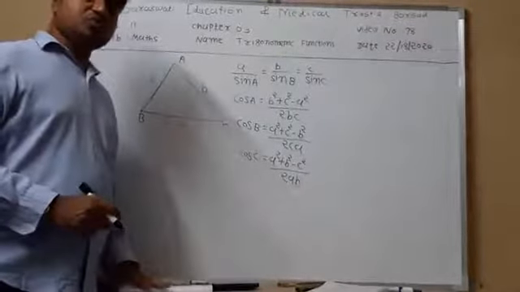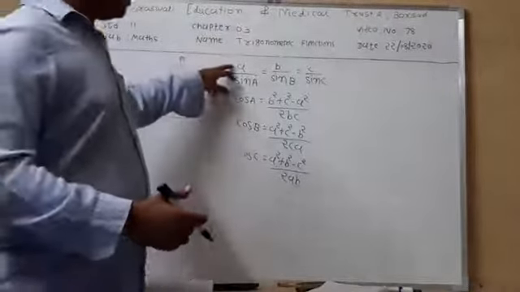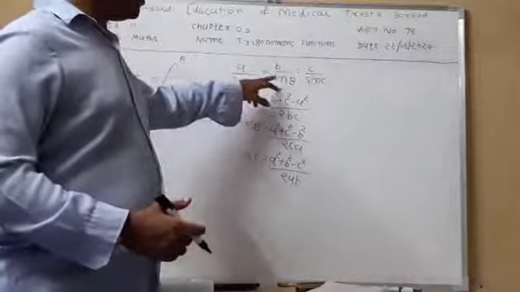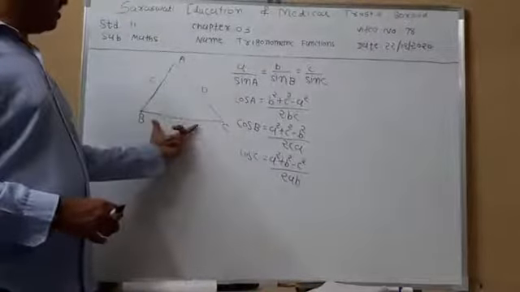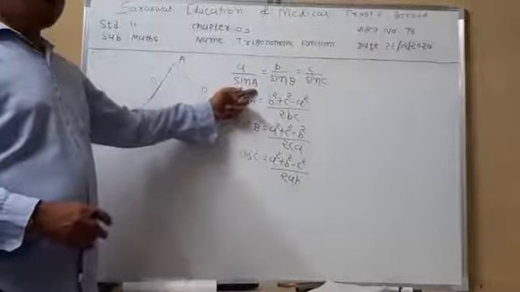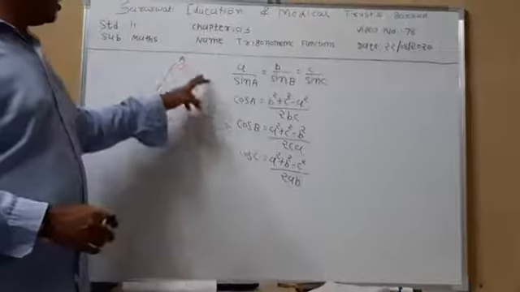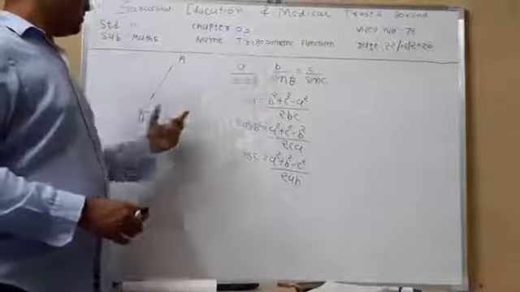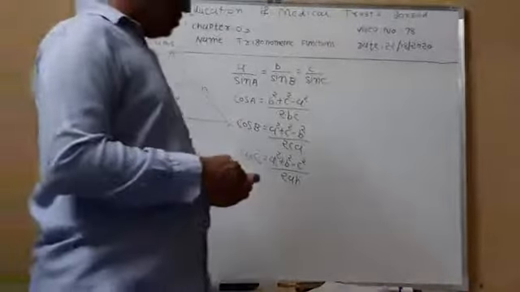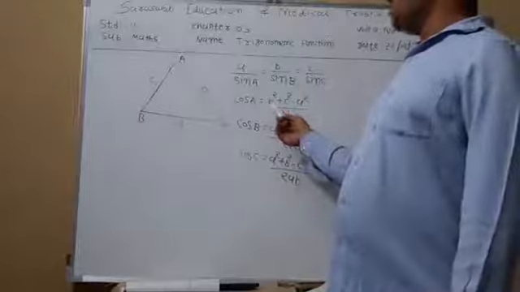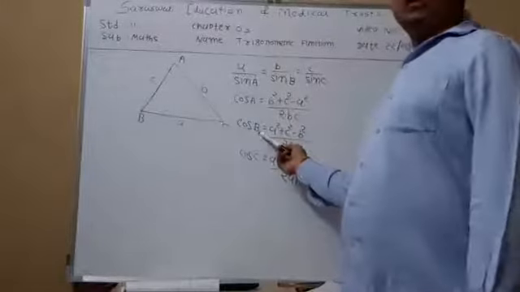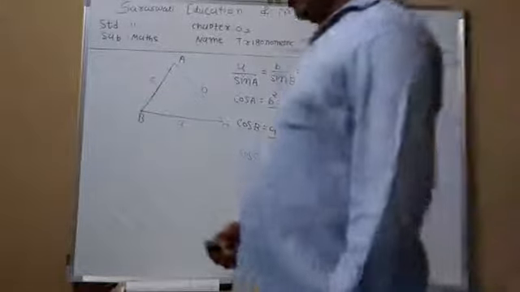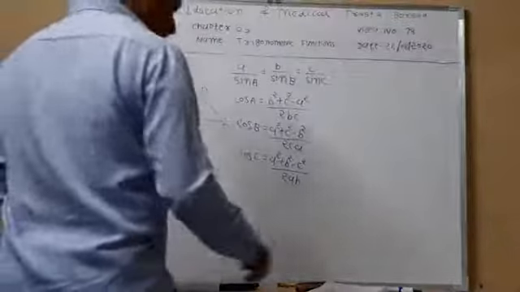Now using both these formulas, let us discuss some examples. So once again, the sine formula is small a upon sine A is equal to small b upon sine B is equal to small c upon sine C. Here small a means side BC, and sine A means angle A. In the same way, small b means side AC and sine B means angle B; small c means side AB and sine C means angle C. Similarly, cos A means side b square plus side c square minus side a square upon 2bc, and similarly for cos B and cos C. So now after using all the formulas, let us discuss some examples.